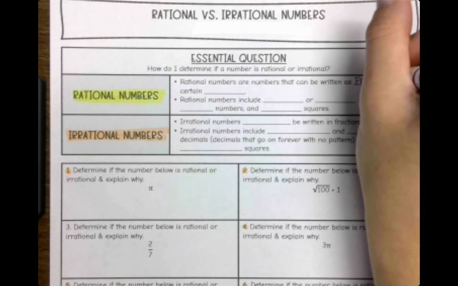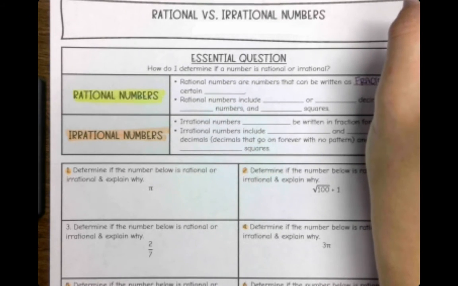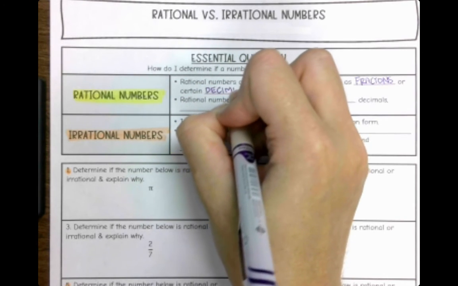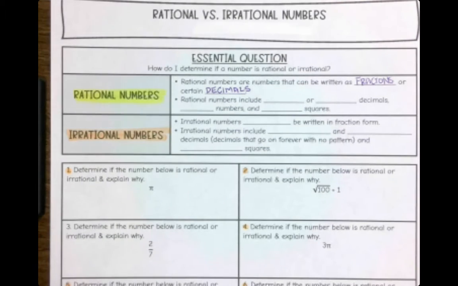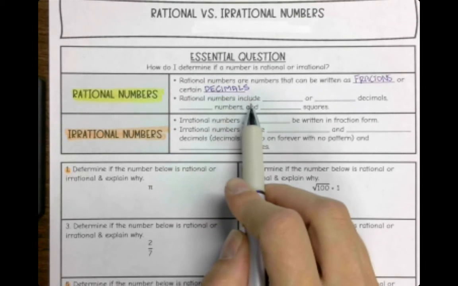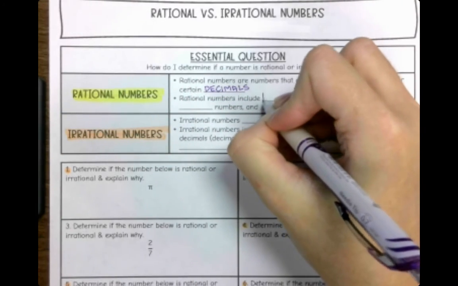Fractions or certain decimals. Okay? So all rational numbers can be written as fractions. Remember how every time you multiplied a whole number times a fraction, you put that line underneath it, made that whole number a fraction, and put the 1 underneath. So that's why we're saying any of them can be written as a fraction, even if they don't originally look like it. All right? Rational numbers include terminating, so stopping,